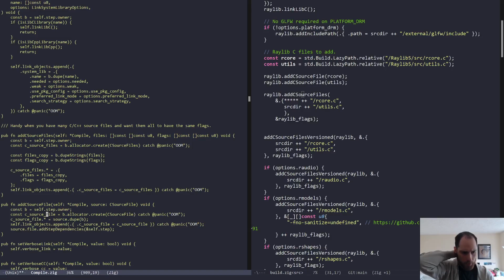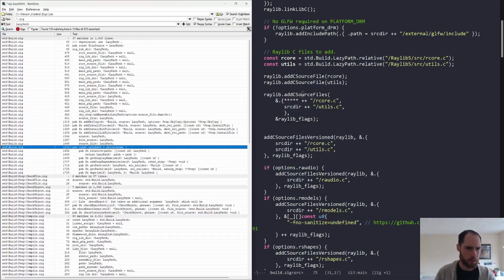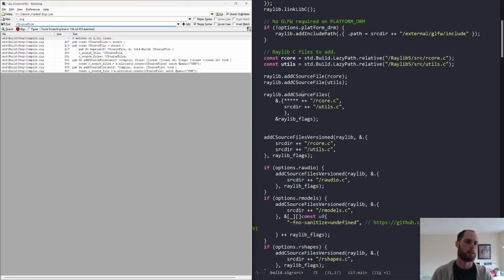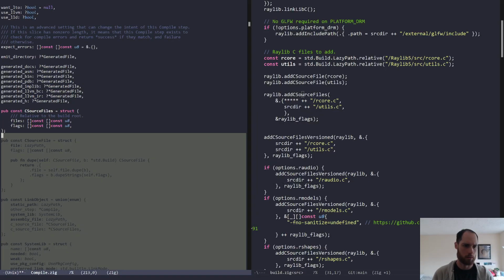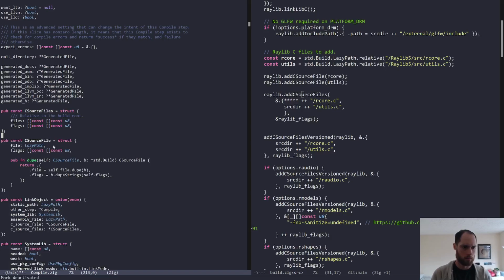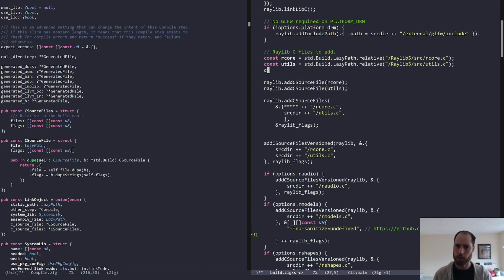So perhaps we needed to specify the flags in this C source file struct. Okay, yeah. Okay, so once we've done that, we can then just say